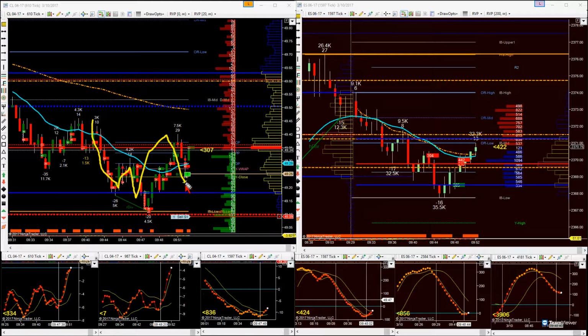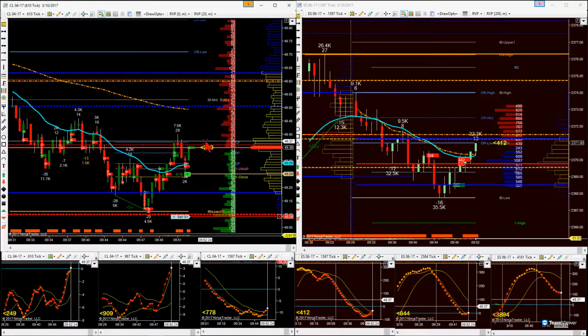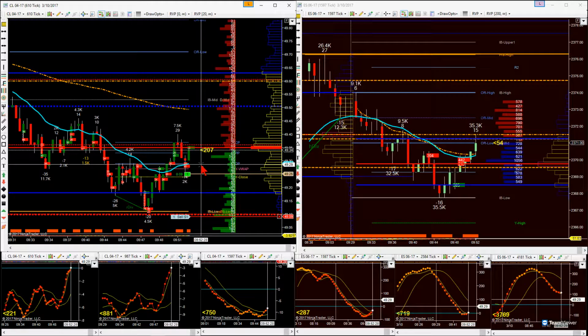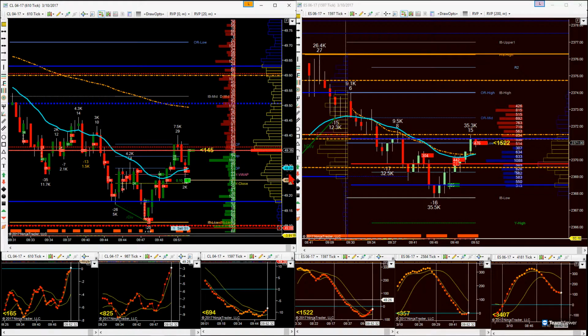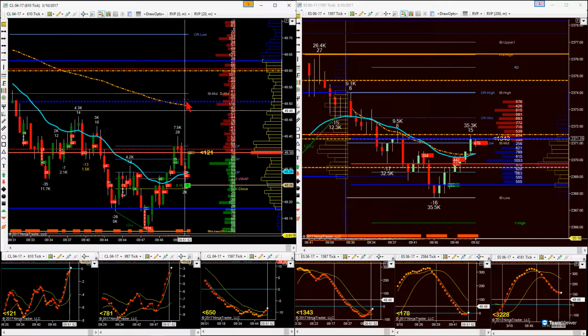If we get a pullback further, we create an inverse head and shoulders. We currently have an inverse head and shoulders, and actually right now it's a good one, because this shoulder didn't even come back very far. But once again, right now I'm all about order flow here because the next level that matters to us from